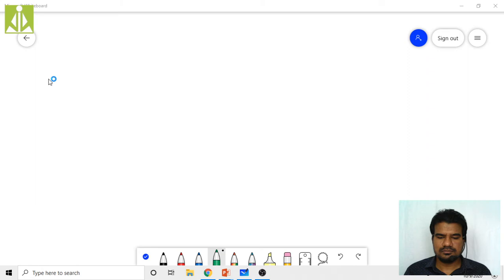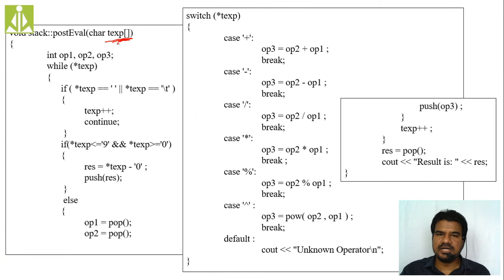Hope you understood these steps. So here, see, we are taking 3 variables, operator 1, operator 2, and operator 3. Then whatever postfix expression we are expecting to be passed, that expression in terms of array we are taking. That entire expression we are passing to the while loop. So this while loop will consider one character at each step. One character at each step. If you have null character in this TEXP, it will simply terminate this loop.